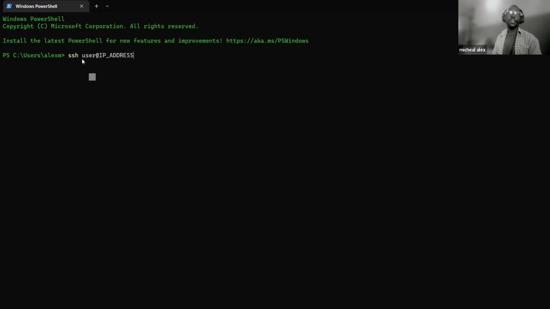So I have to know the user of that server I created. I have to know the username. Then I have to also know the IP address. And this I can easily get. AWS has given us that room to always see the IP address that is dedicated to each server that we create. And it has also done that for the username. And then when we have a key pair,